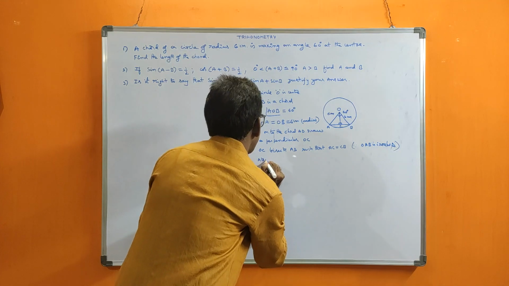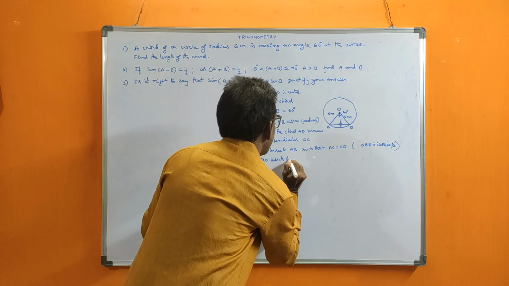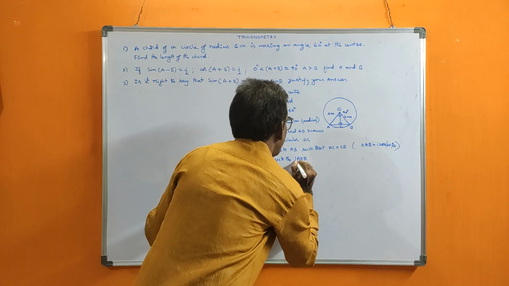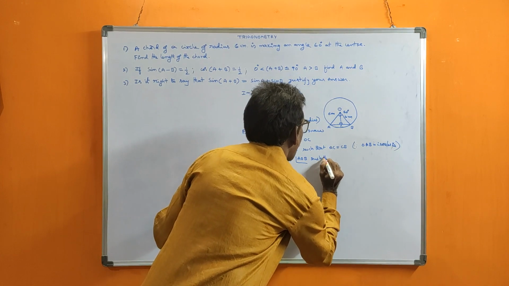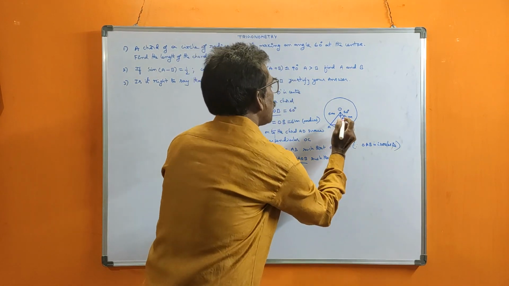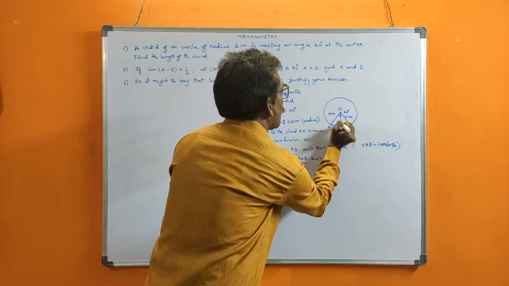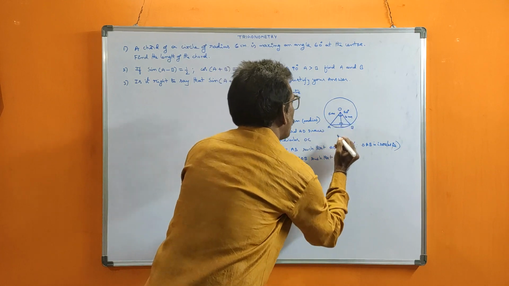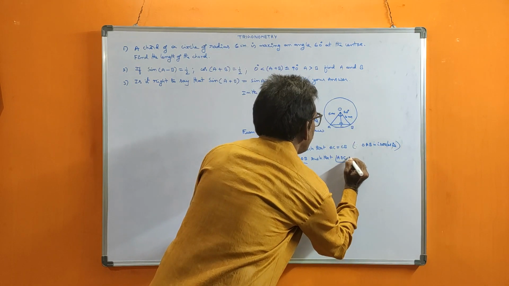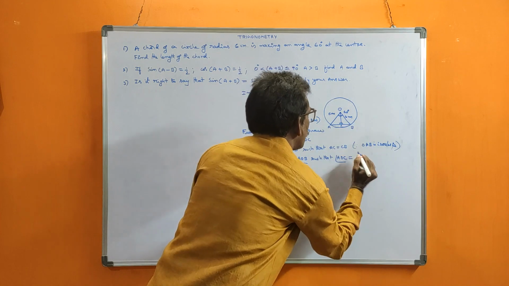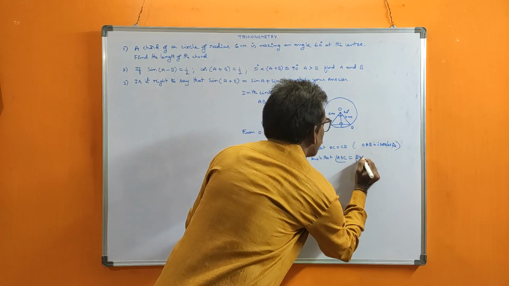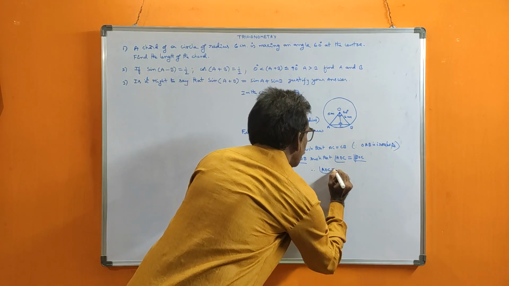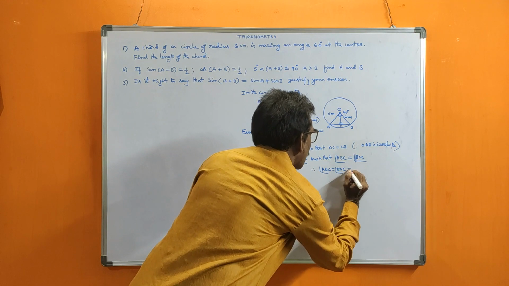So it also bisects the angle AOB. How does it bisect? Bisects means making into two equal parts. We are drawing this line, and this angle is divided so that both parts are equal. Angle AOC is equal to angle BOC. Like that it bisects. Therefore, angle AOC is equal to angle BOC, both are equal.